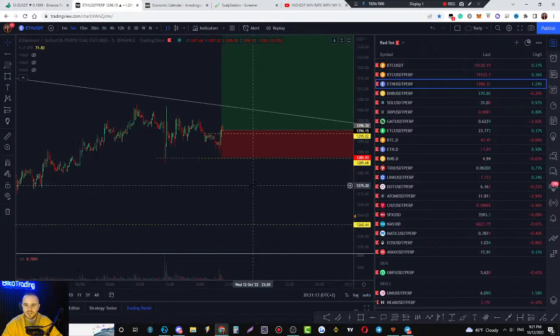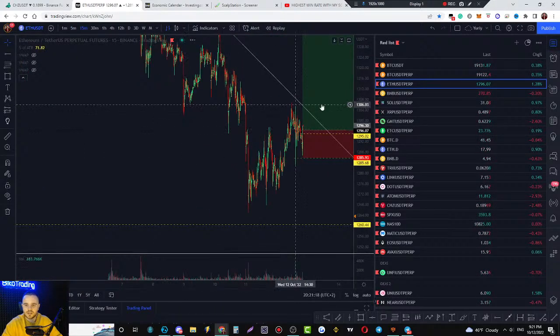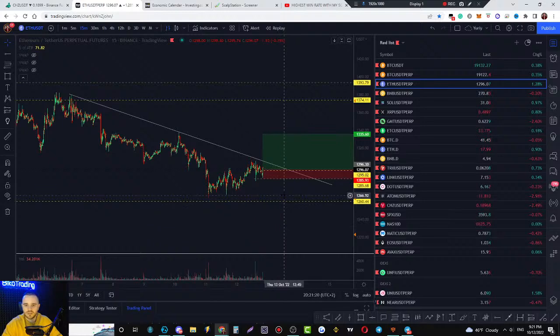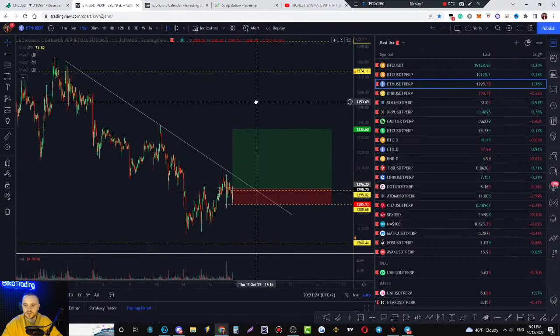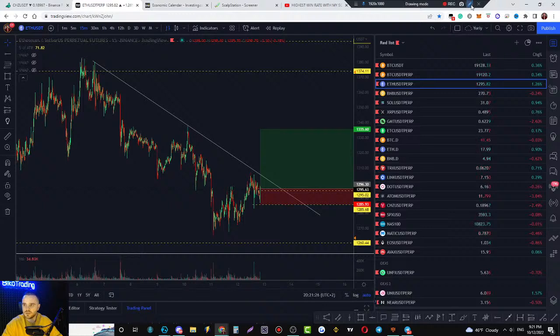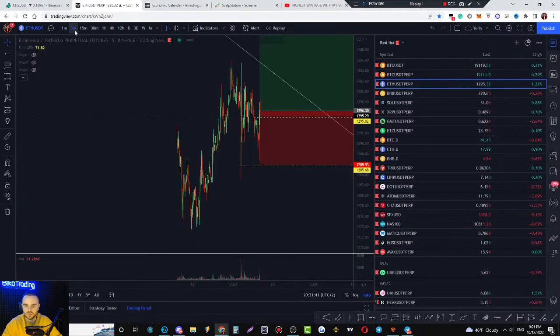Maxim, if you enter a trade at this moment, exactly at this moment, this scalp long for Ethereum, it is a scalp long. You can enter a trade at this moment. Stop loss would be 1,285. Take profit still below this high, like 1,334.35. That area could be good for take profit.